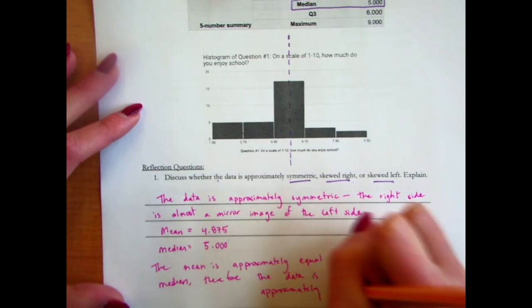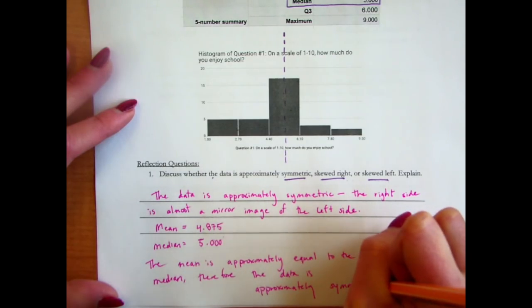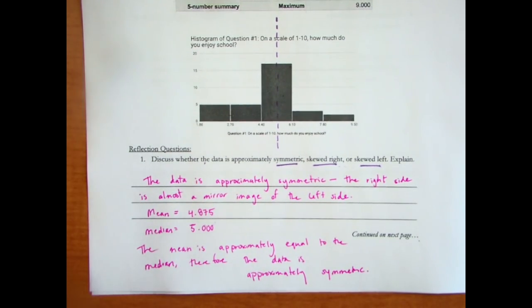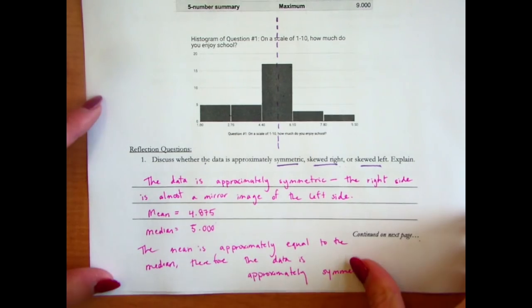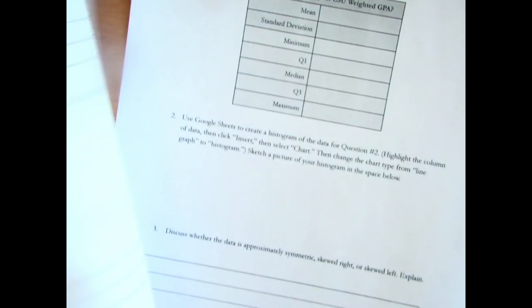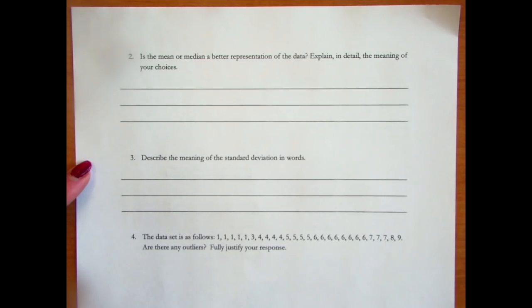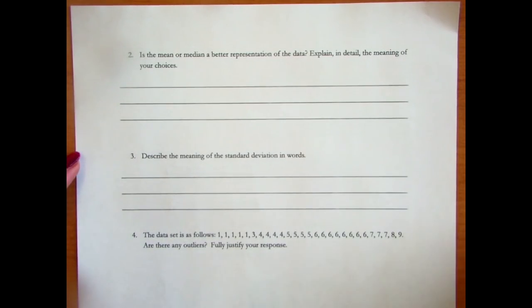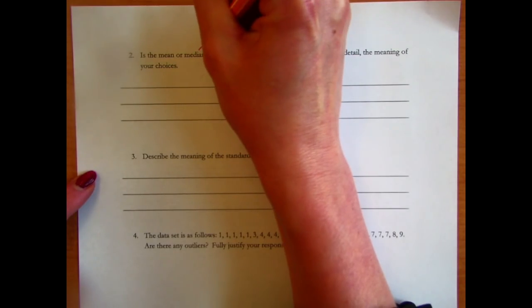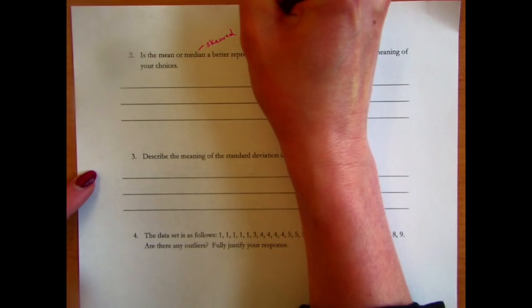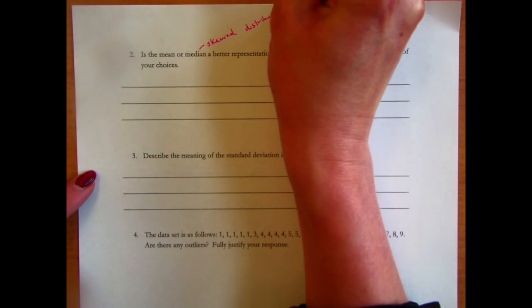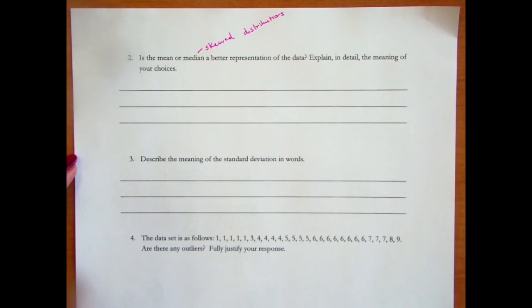All right, next question. Is the mean or median a better representation of the data? Explain in detail the meaning of your choices. The key thing to know is that median is a better measurement for skewed data. So that would be a sign that you would want to use the median. Because we decided that our data is symmetric, it actually doesn't really matter if we use the mean or the median, because